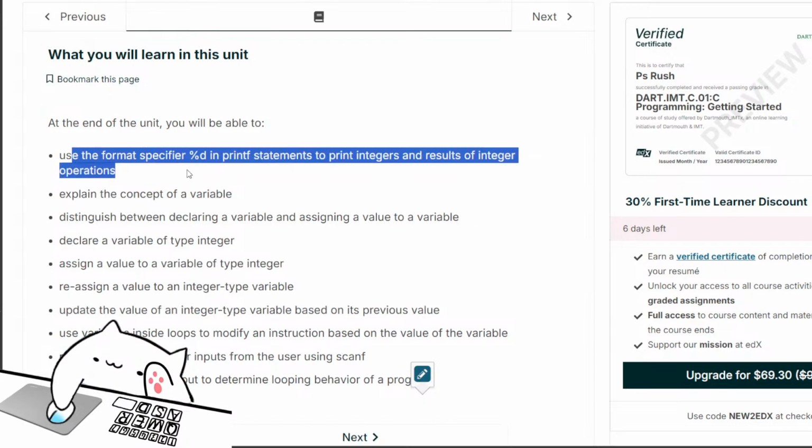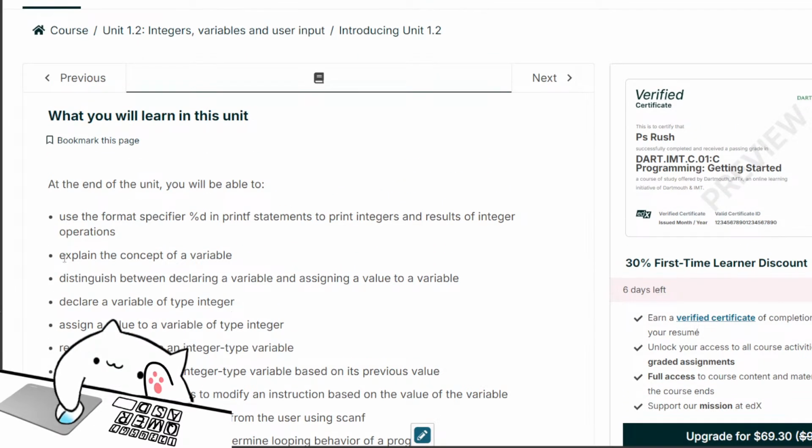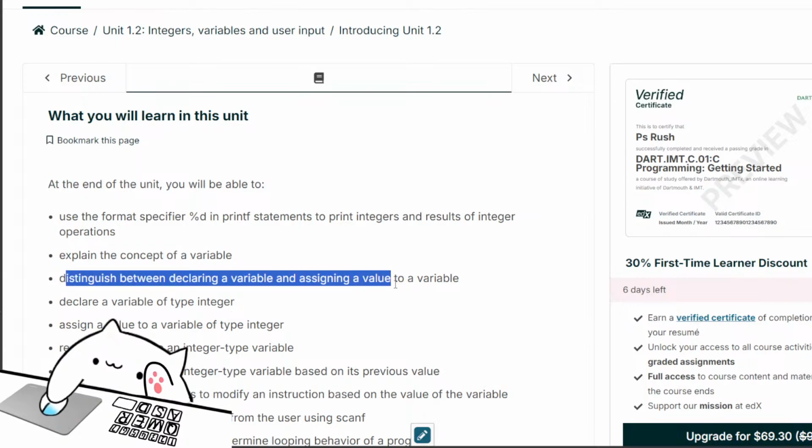Use the format specifier %d in print statement to print integers. यो आउँछ I think, but यसमा plus minus concept आयो नि. यो C programming. Explain the concept of variable listing, is written declaring no for